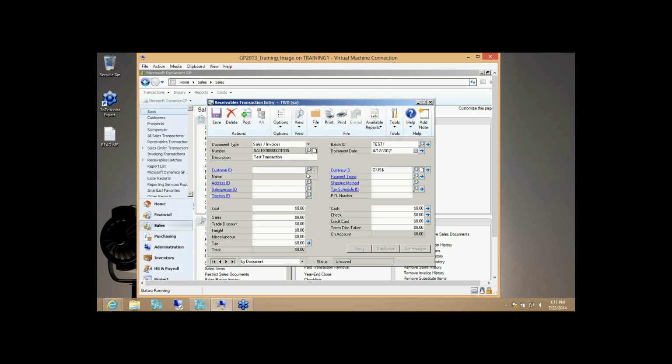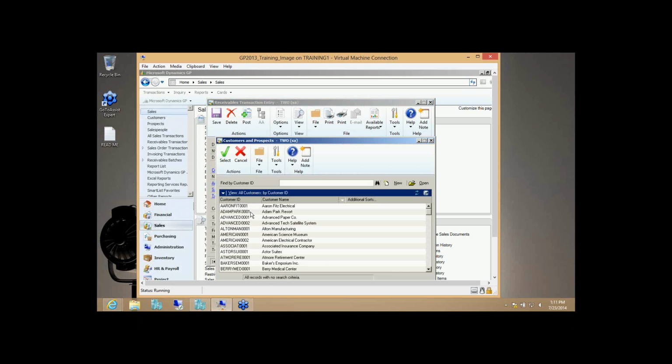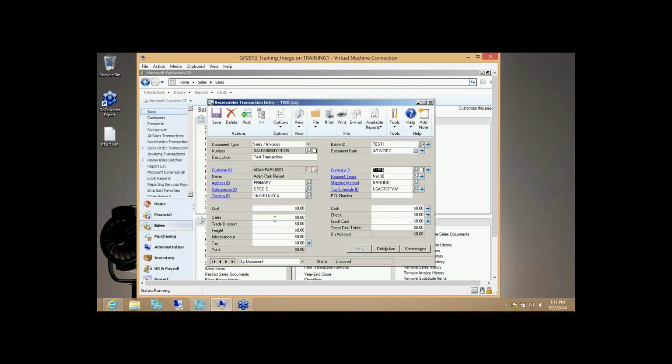From there, we just simply add our customer, Adam Park. I'm just doing this so that you can see how things default. As I selected the customer ID, everything else in this section populated, so I don't need to include that in my integration. And then as I go, let's say $500 and tab off of that,